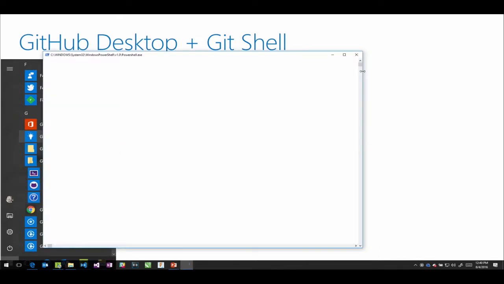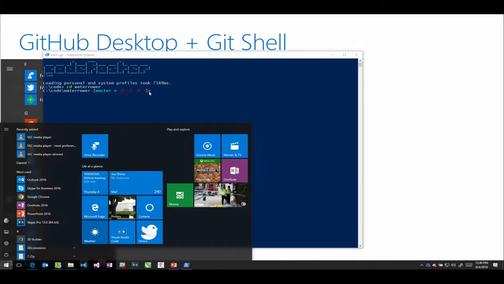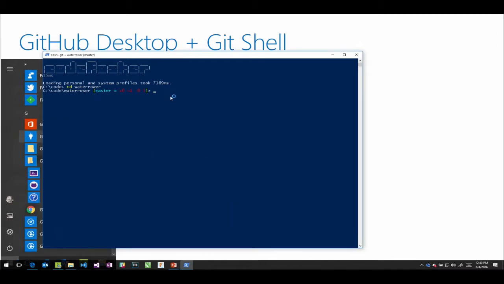And when I open that, it's going to run a PS1 script that's going to light up a couple of utilities for Git. One of them is called PoshGit, and it makes it extremely easy to look at your repos, to get a good view of your repos. So let me go ahead and jump into that water rower repo, and you see that PoshGit has recognized that I'm working on, I'm going to try to blow this up just a little bit here. It recognizes that I'm working on a GitHub repository,